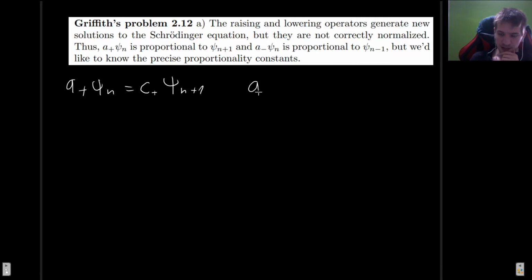And similarly, a minus psi n is not going to be just psi n minus 1, but it's going to be some constant c minus times this state. And the way to find this is basically to do what we did before. So let's say, okay, we want to just normalize our state, which would be now a plus psi n